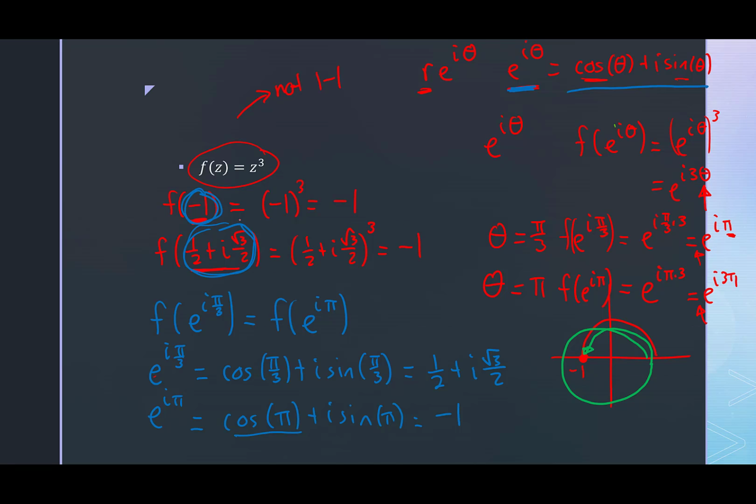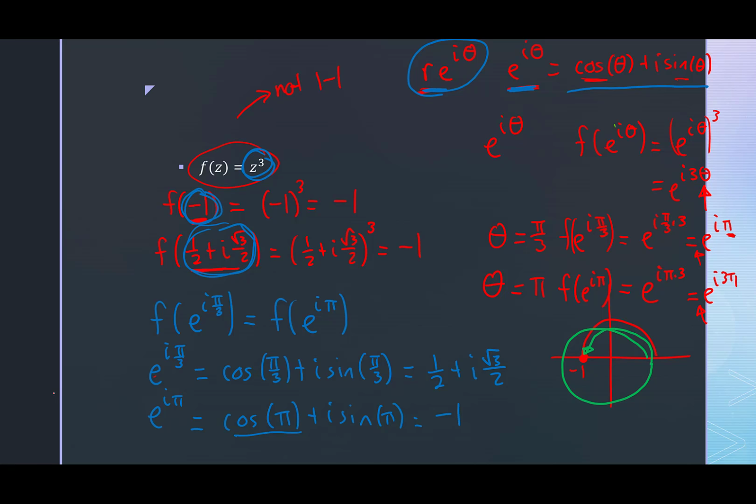Okay. Now the reason why I'm explaining this and going through this in super detail here is because this is an example where different representations of complex numbers actually gave us an advantage. Thinking about complex numbers in exponential form, rather than our standard form, allowed me to deduce that this was not 1 to 1.